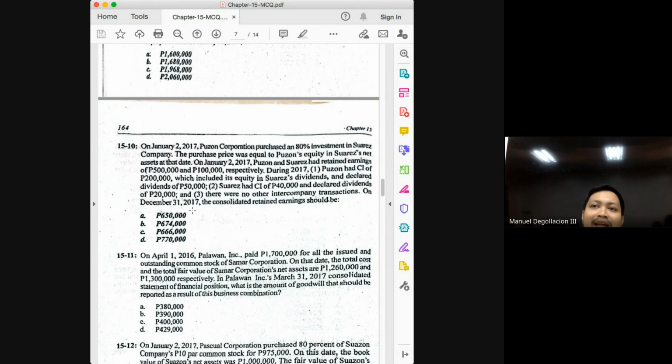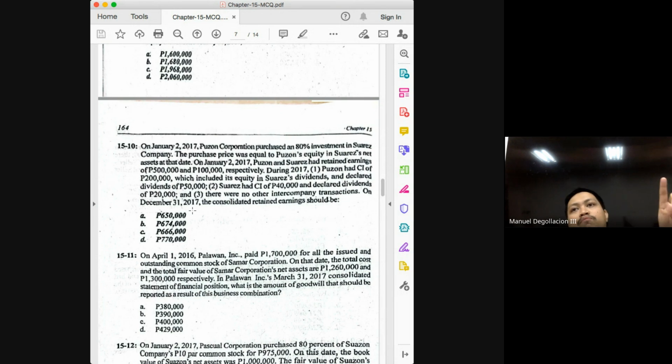Okay, so I hope you understand that subsequent to the date of acquisition, you cannot expect the consolidated balances to be the same as those of the separate financial statements of the parent. But again, since we do not maintain separate books for the consolidated entity, we are forced to rely on the records of the parent. But again, it's not the same. It will not just be a 1:1 equivalency, that whatever is the RE of the parent will automatically be the RE of the consolidated entity.